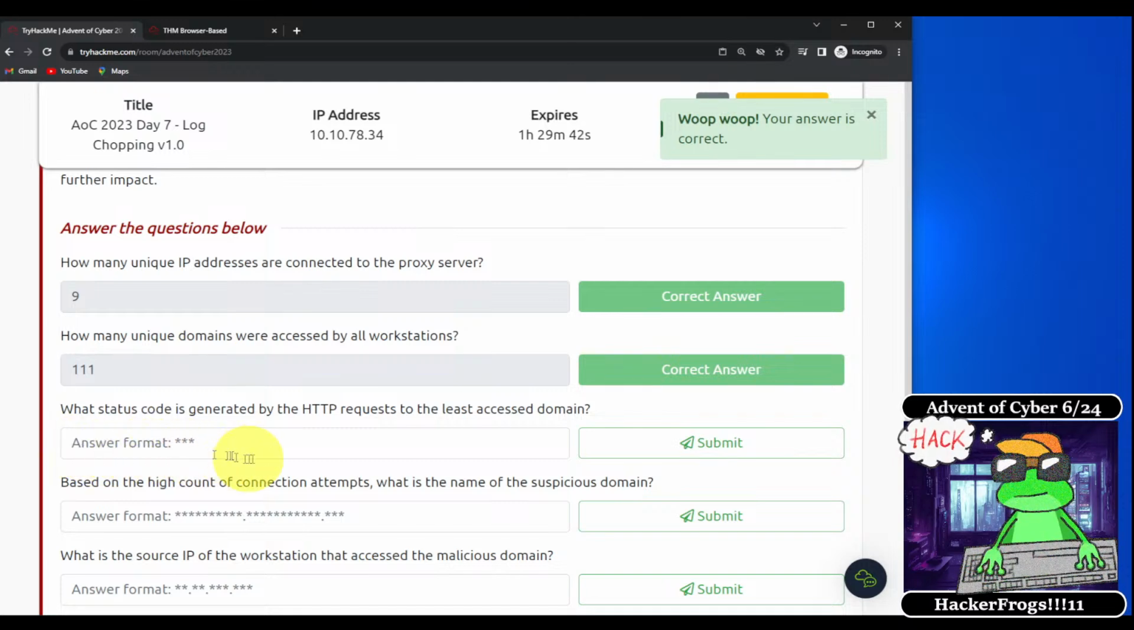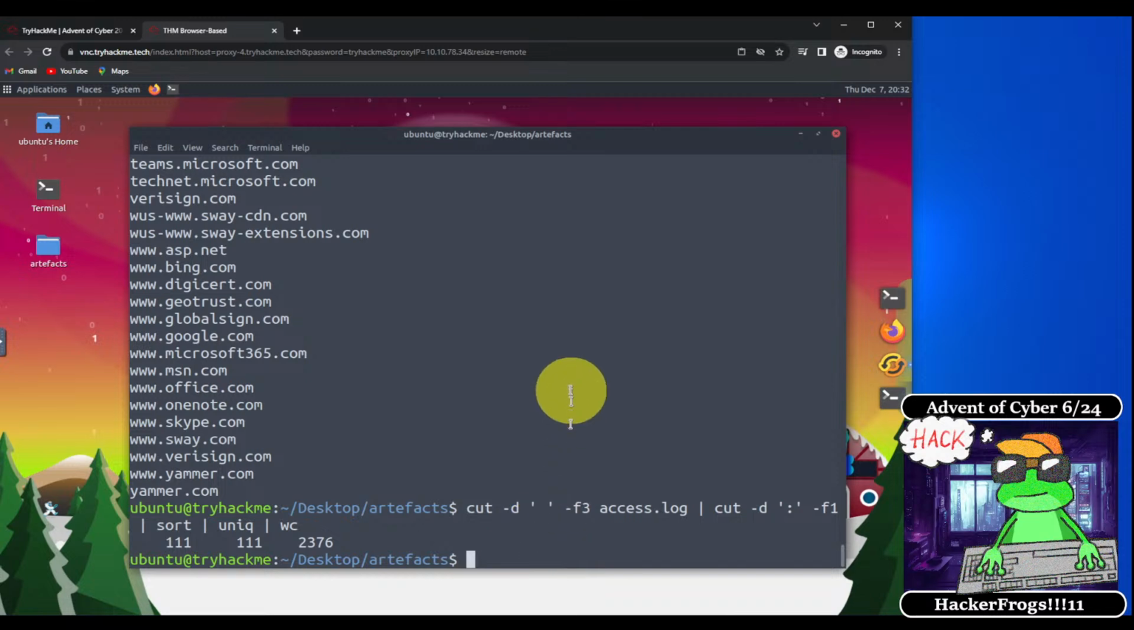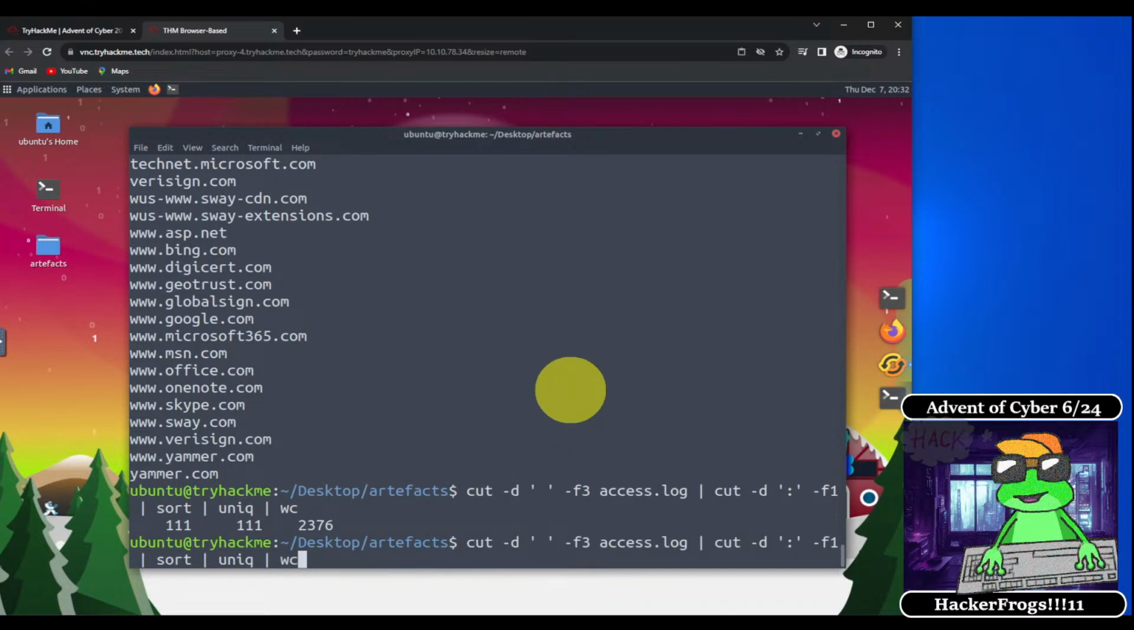What status code is generated by the HTTP request to the least access domain? So first of all, we need to find out what the least access domain is. So what we can do is go back here, run the previous command, up to this point, and then we can